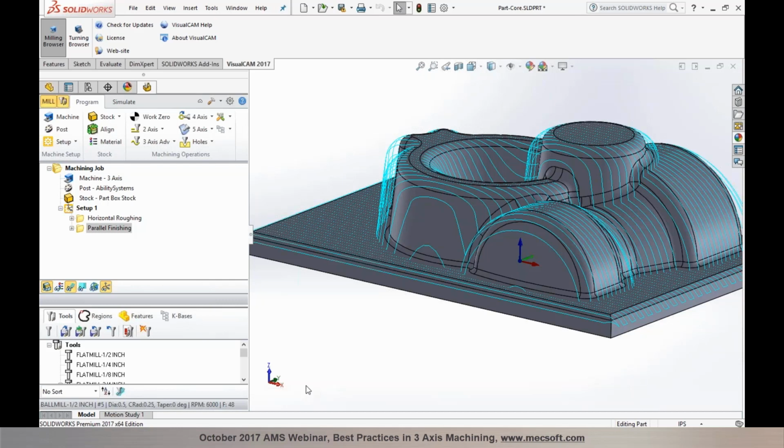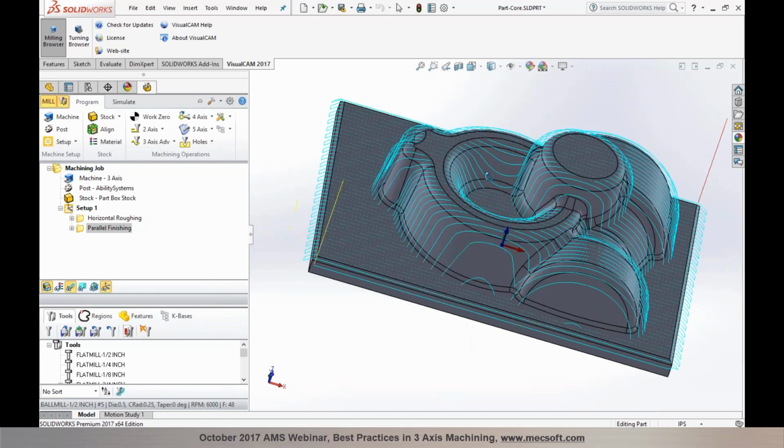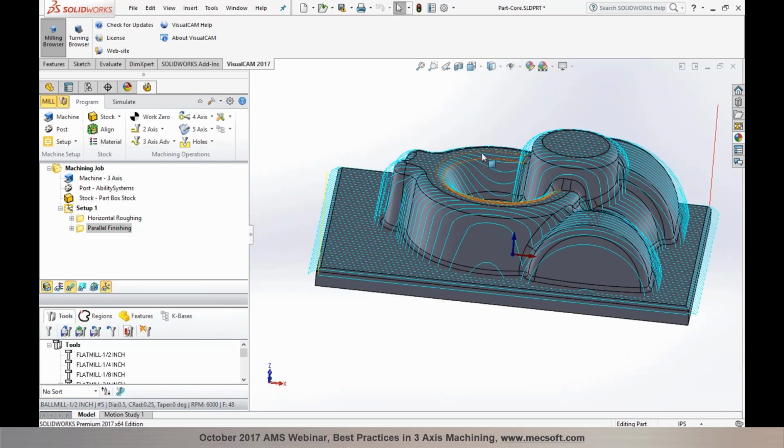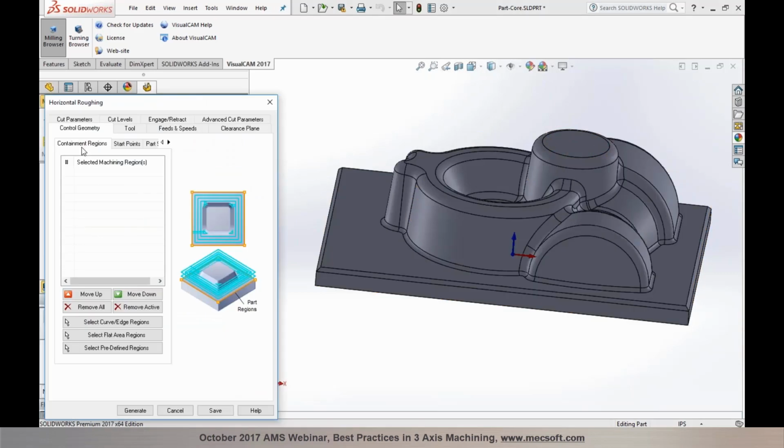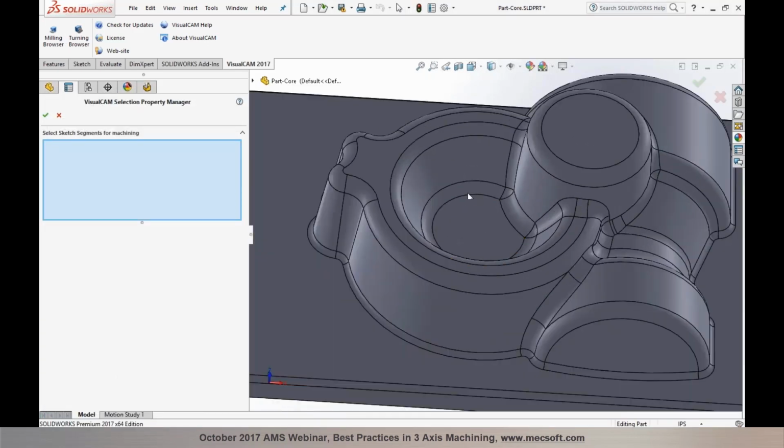So the next thing is how you can contain your toolpaths to specific areas. If you want to just rough within a certain area and not rough the entire stock extents, you could specify areas to restrict it by specifying containment boundaries. One of the ways to accomplish that is using containment regions, or you could even use part surface selection to restrict or contain toolpaths to specific areas. So for example, in this particular case, I can choose to only cut inside this area in here. I can select a containment,